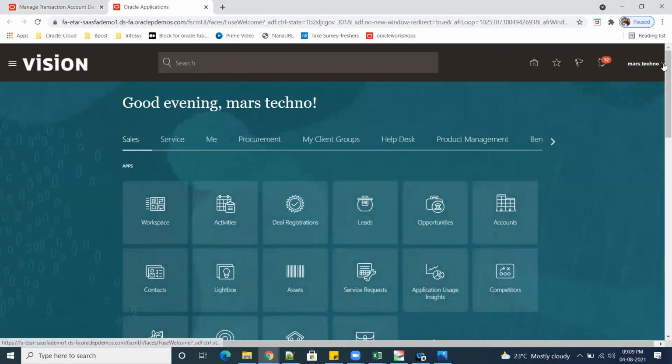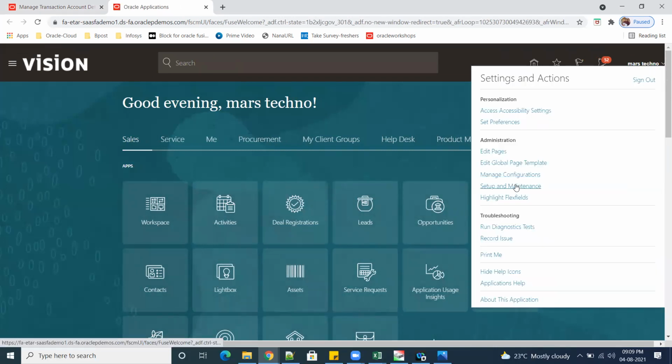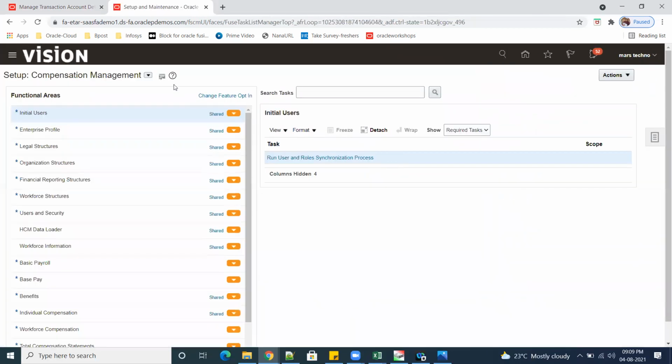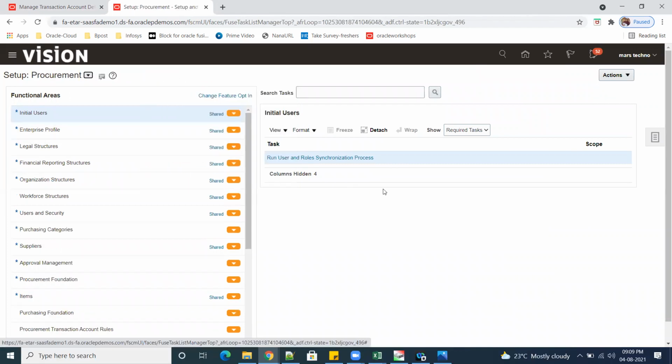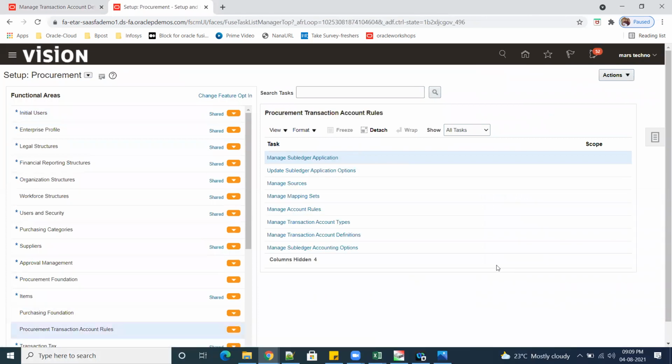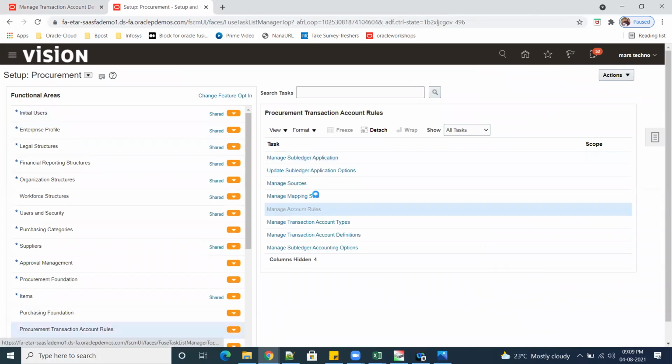So go to system. I'm telling the very basic one. Even I know only to a certain extent, and more things I need to explore. It is not a small topic actually. So go to procurement, transaction accounting rules, accounting rules.